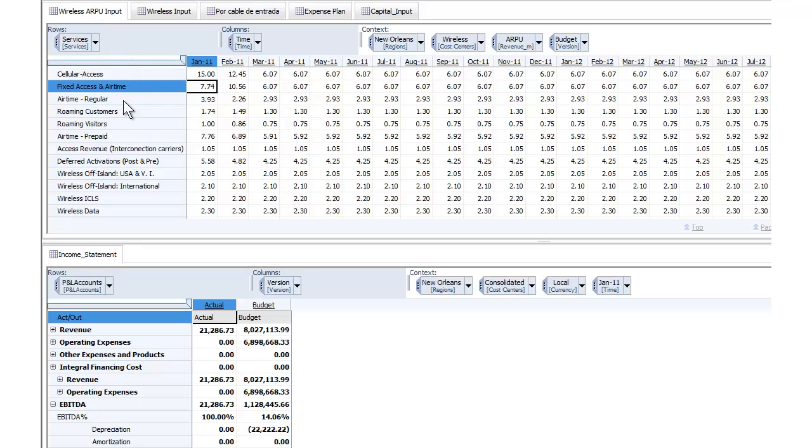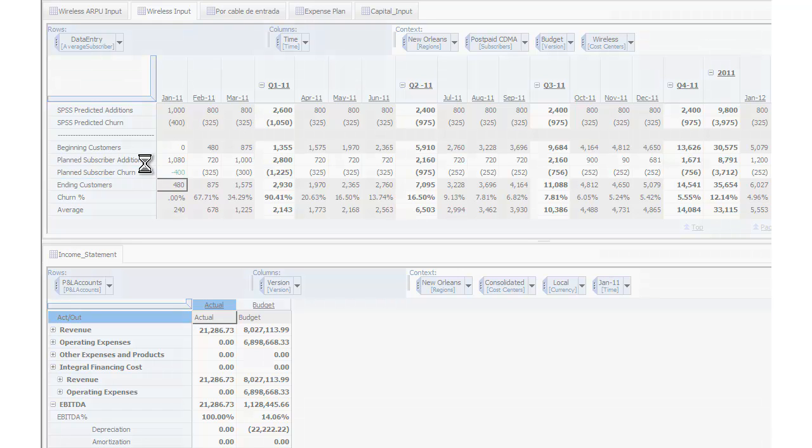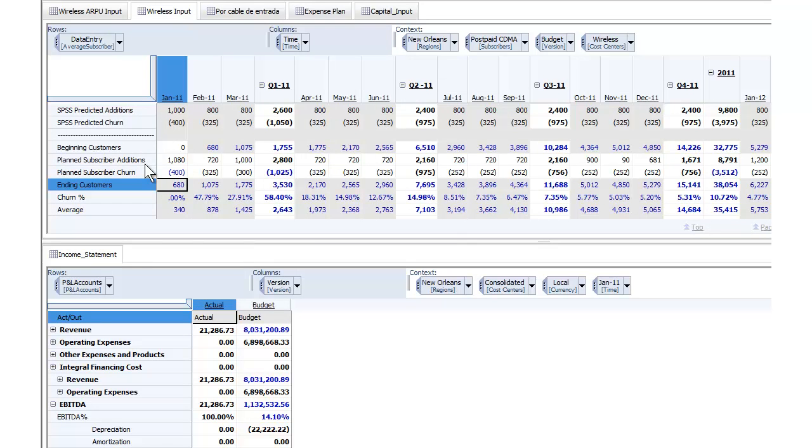Part of revenue forecasting is average revenue per user. The other piece is how many customers do you expect to have? So as I go in and make a change, such as I think that I'm going to have a certain amount of churn, I might want to take a look at what SPSS predicts will be my churn and use that as a guideline versus taking a guess. Obviously, human intuition, you know more about the business than historical patterns do, but it's a good guideline to make